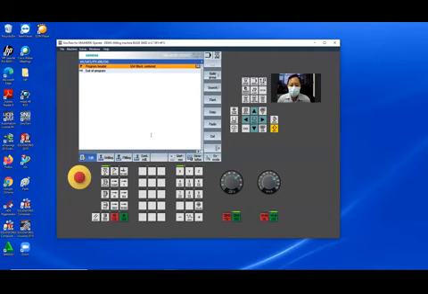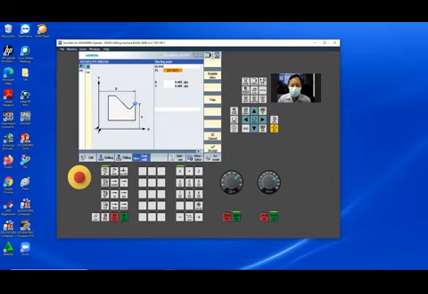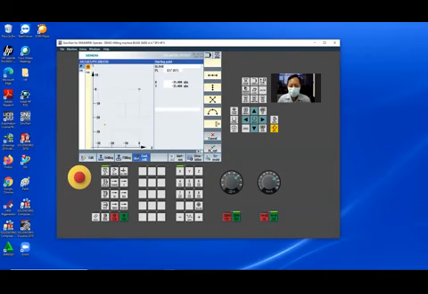In here, you use contour milling. New contour, like before. You write blank. Minus 25, minus 25, and then accept.